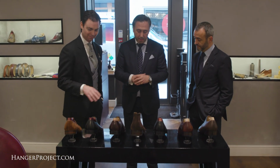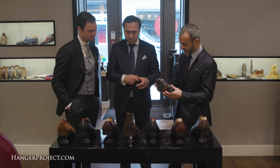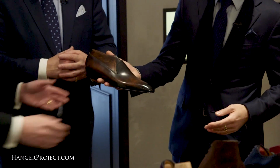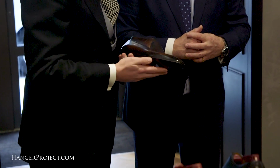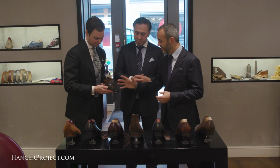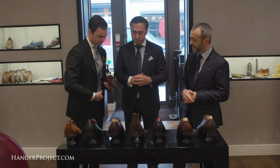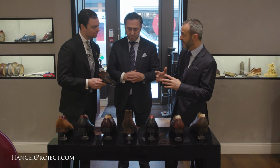Is there a number one selling, most popular patina? The Beluga or the Criollo, I mean, that's the Criollo, because people tend to stay with browns, it's a little bit more conservative, but they want a little bit more depth to the colour. It actually takes about 2 hours to patina one pair of shoes. One pair of shoes, yes. So that's why we occasionally do it as a line, but the majority of the time it's just made to